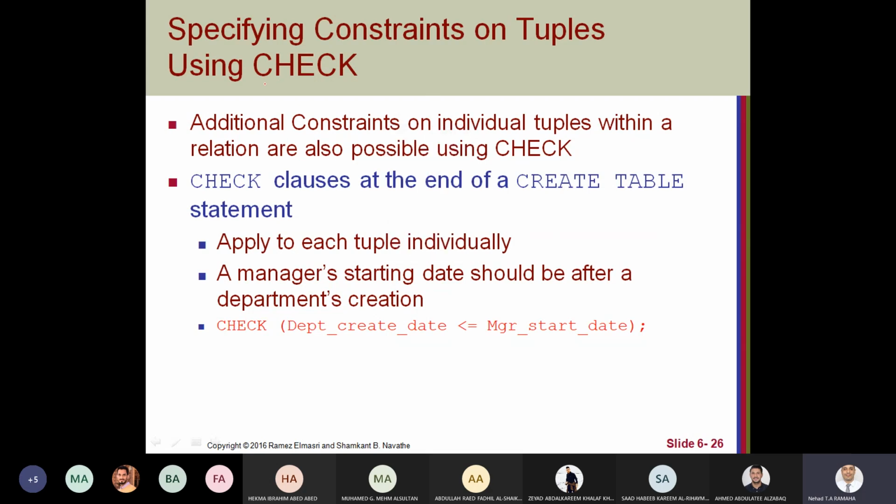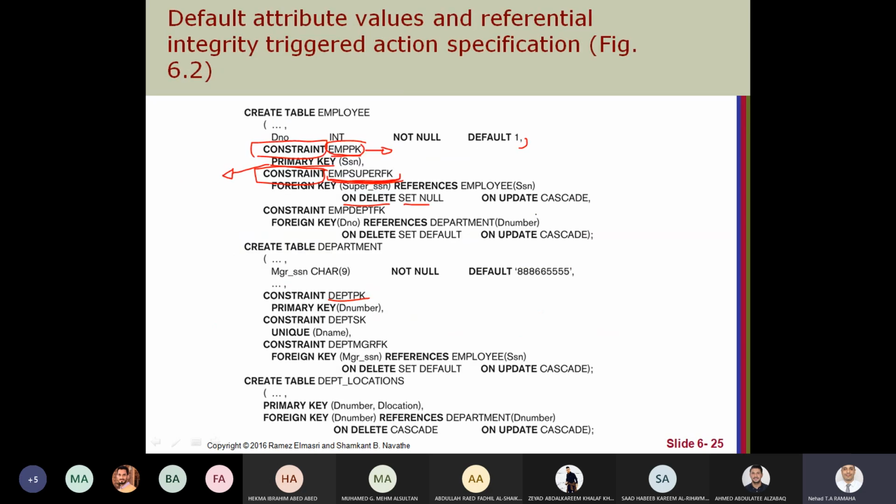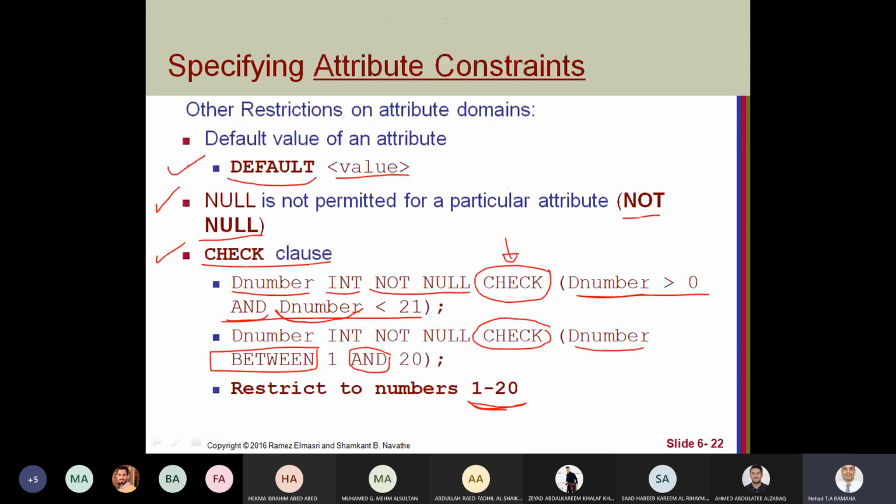We already mentioned the check clause. We can use that check during create table to check the values for the attributes. We already saw it here, I think.